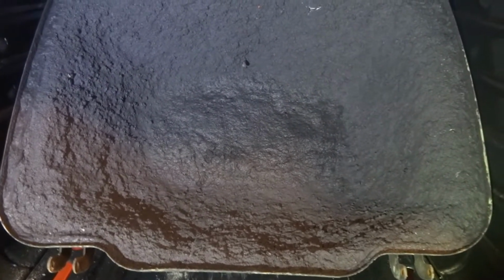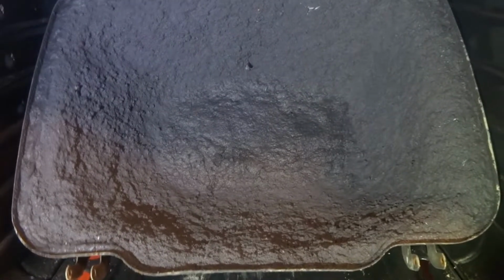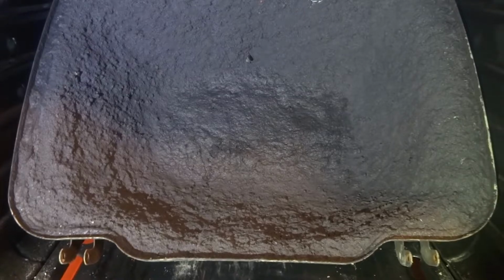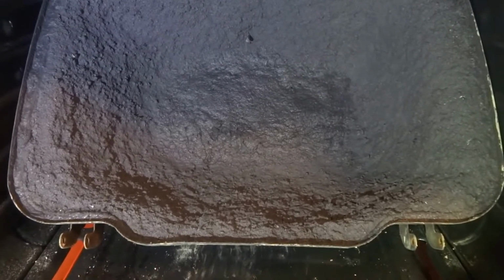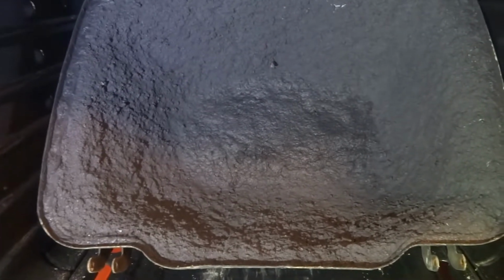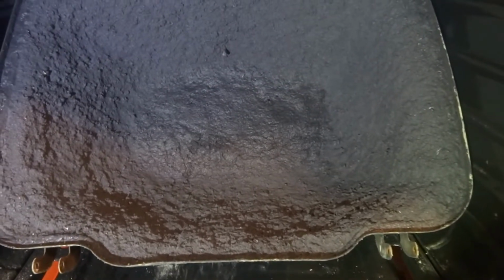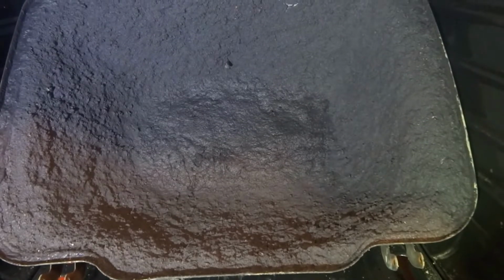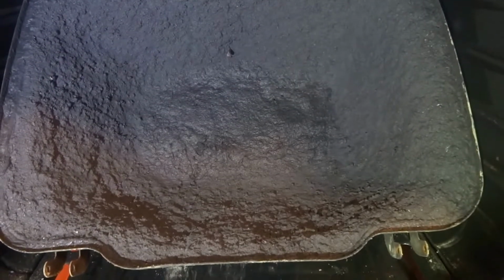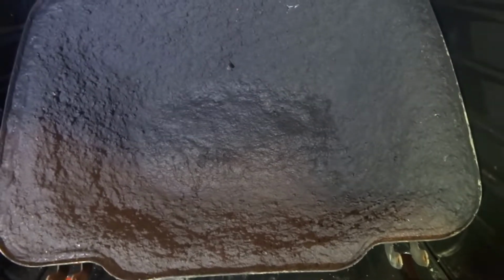I'll have to see if I can find a thermometer or even one of those infrared scanners to measure the temperature this kiln will be able to get up to, because right now I'm pretty much maxed out on the thermometer for this, and most of the infrared laser thermometers I've seen only go up to about 720 to 900 degrees Fahrenheit, and the rate this thing's been going, I'm going to have to find something that can measure a decent temperature